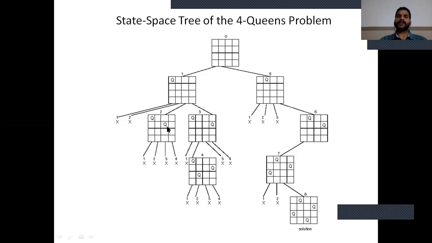After placing queen 2, the third queen can go in column 2 or 4. But in 2 and 4, the second queen attacks diagonally, therefore we cannot find the solution.